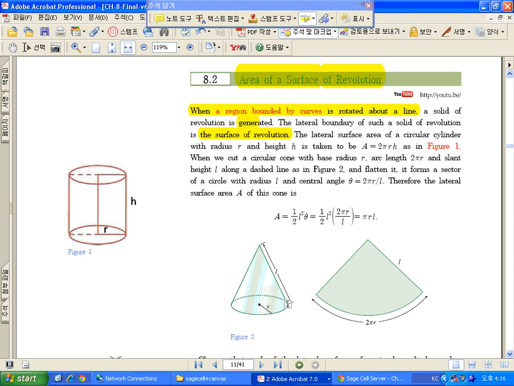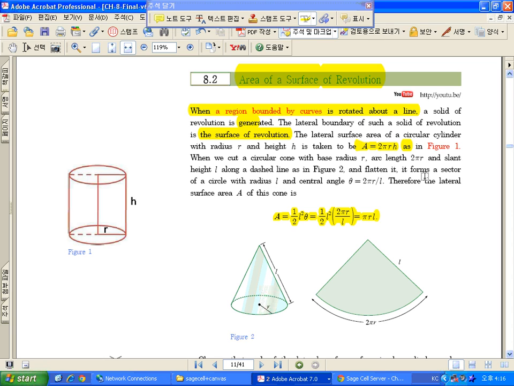When we have a line like this and rotate it, this generates this type of cone. Then this surface area can be found as you see. In this case, if you have a cylinder like this, then it's simply computed by 2 pi r times the height h. And if you have a cone like this, then